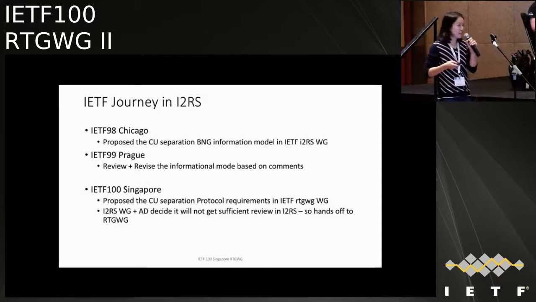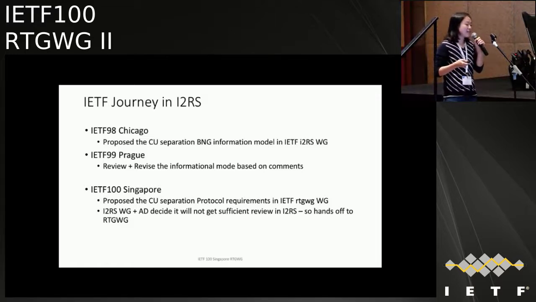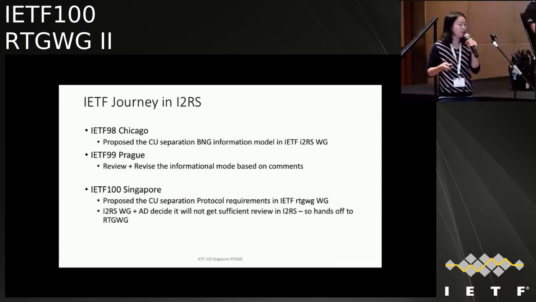And in this IETF, after the discussion with the Interface to the Routing System work group chairs and the AD, they think that we may not get sufficient review in the current work group. So they suggested that we hand this work off to the routing work group. That is the reason why we're here.